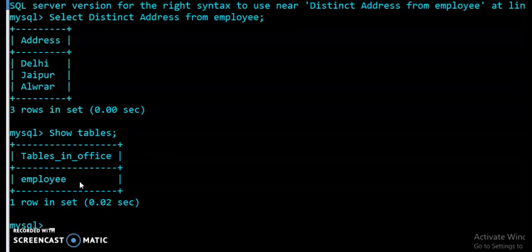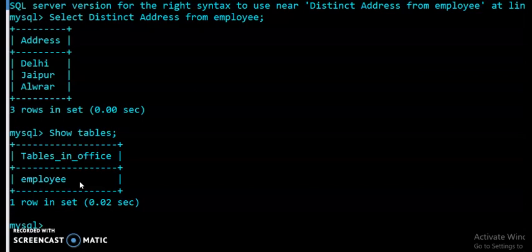In the same manner, if you create 2 or 3 or more tables, and you want to display the table names of your database, then you have to use the show command. Show tables. The show tables command will display the tables of the already opened database. Whatever database is open, it will show the tables of that open database.